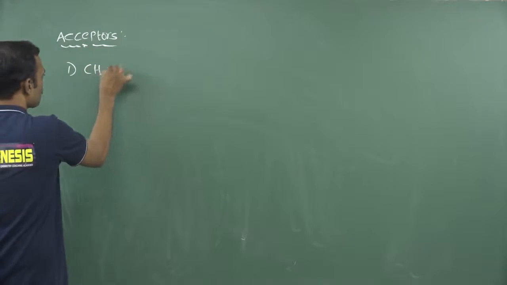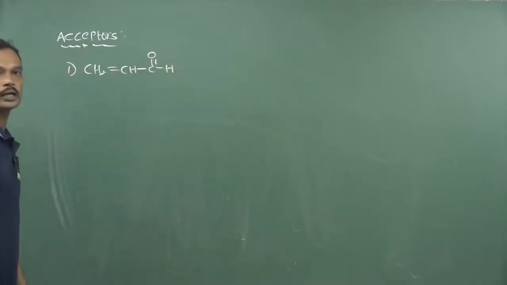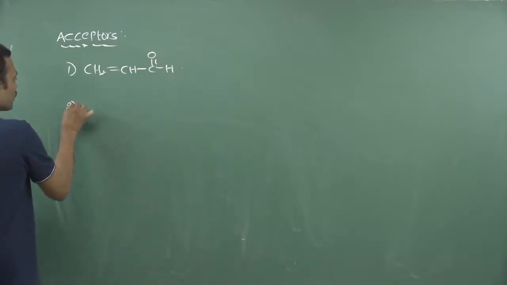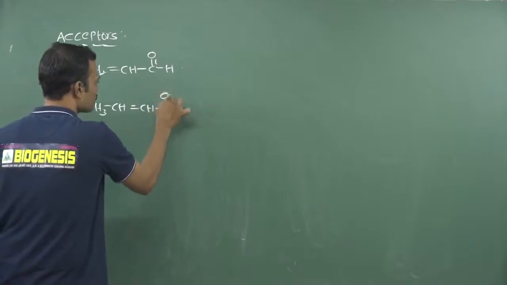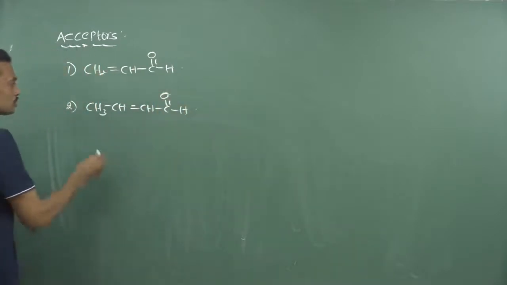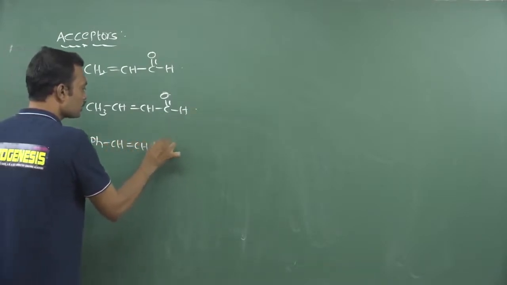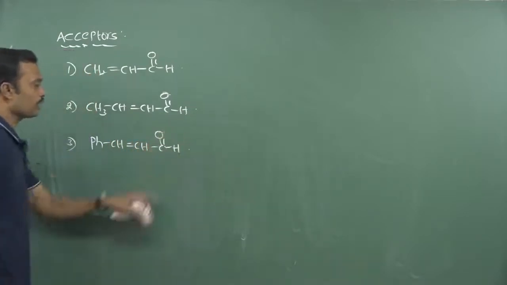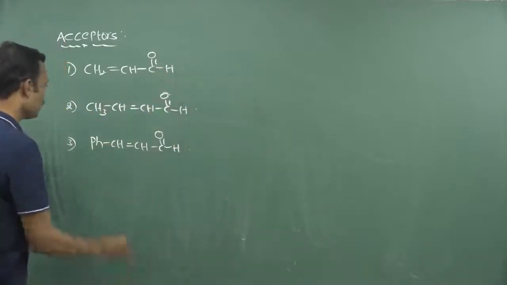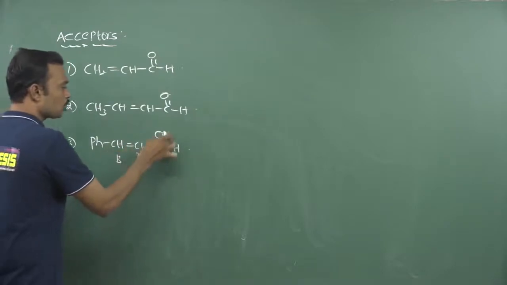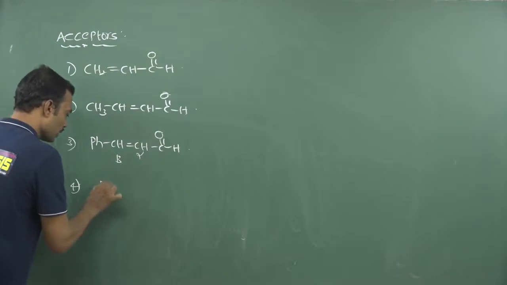So first I am taking alpha, beta unsaturated aldehyde. This is called acrylaldehyde. So this acrylaldehyde, if any methyl group is added, this is called crotonaldehyde. If I write any phenyl group over here, now this is called cinnamaldehyde. If I write acid here, cinnamic acid, acrylic acid. So here every time see there is a double bond conjugate to carbonyl. This is the major target involved in this one.